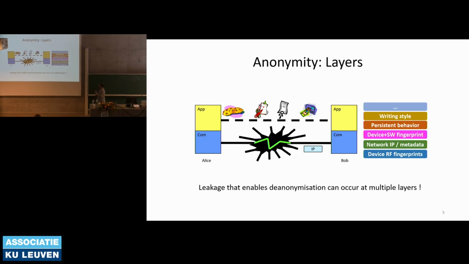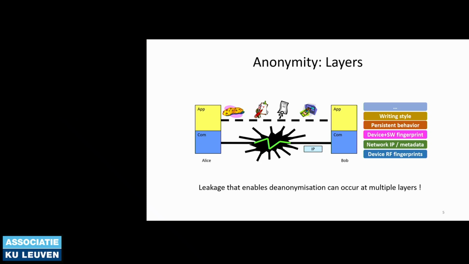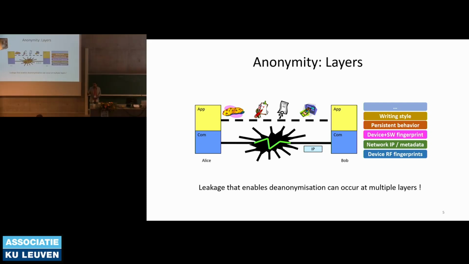For example, of course, the network layer or the IP layer, and the application layer. Other than that, they can also fingerprint your device. Many banks, when you log into the bank website, check if you are logging in using a system that you have used before. If you haven't, then they would ask additional questions. That's for security, but that means they can detect if you are the same person or not. If they find that you are trying to access the bank website from a different system, they want to make sure that it's you.